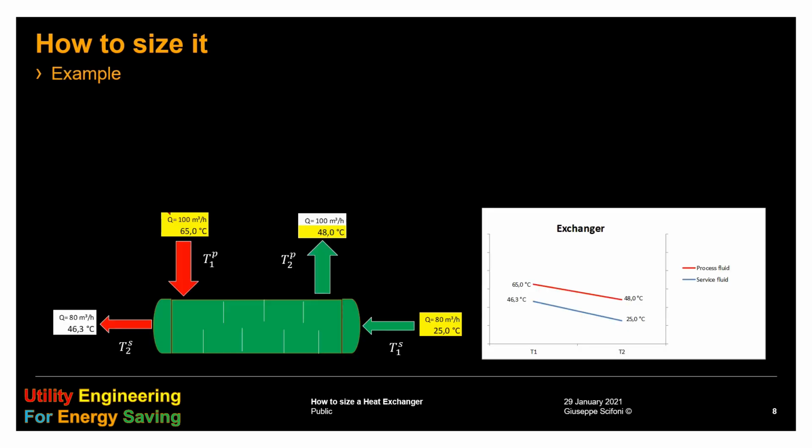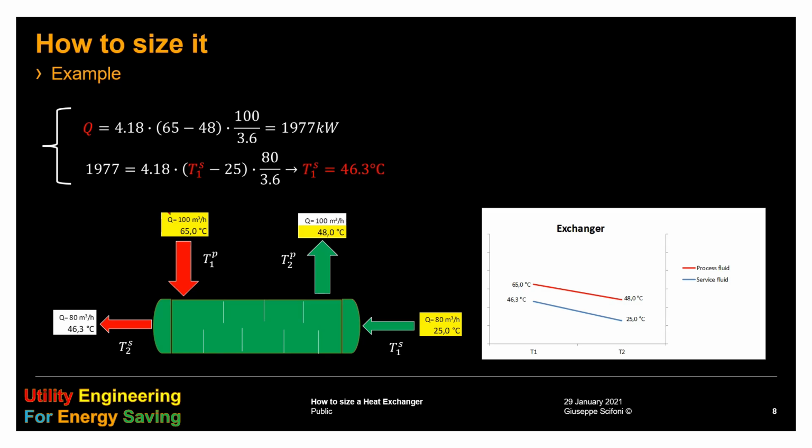Let's start with an example. If we take the formulas already seen and apply them to a real case, we may clarify what we have seen. We assume that we have to cool water by using other water. Given are the inlet and outlet temperature of the process from 65 to 48 degrees and also its flow rate 100 cubic meter per hour. Given is also the flow rate and temperature of the cooling water, respectively 80 cubic meter per hour and 25 degrees. From the first equation, we get the heat power